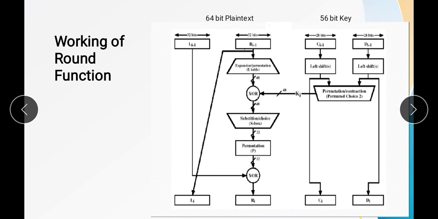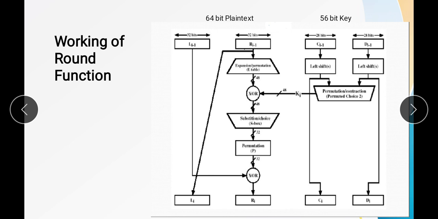Okay, in the next step we combine both the 28-bit data to find out the next subkey, that is key 1. In that permutation we are reducing the size of the data.